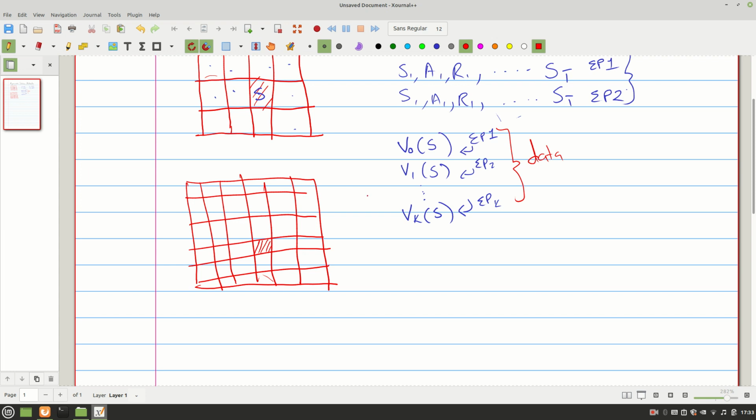So as you can imagine, the more our state space expands, the more data we need to actually represent each state. And if our state space is not manageable at all to actually fit into memory or something like that, we need a different way to actually represent it. So